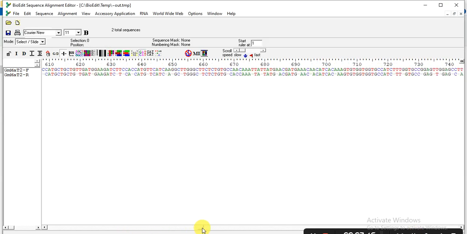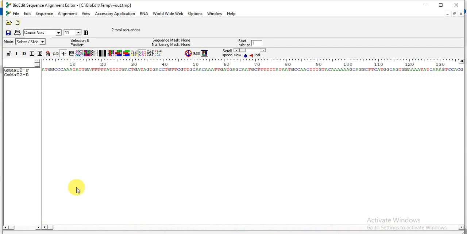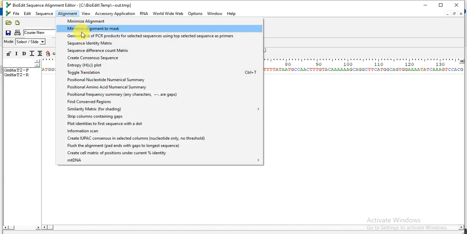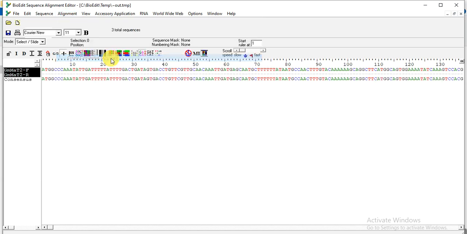So here, we have done the alignment. Now we need to make them consensus or conserved, or merge them into one sequence. For that we need to go to the alignment toolbar, and then click on Create Consensus Sequence. So here our both forward and reverse primer sequencing results are merged into one sequence that we can use in further